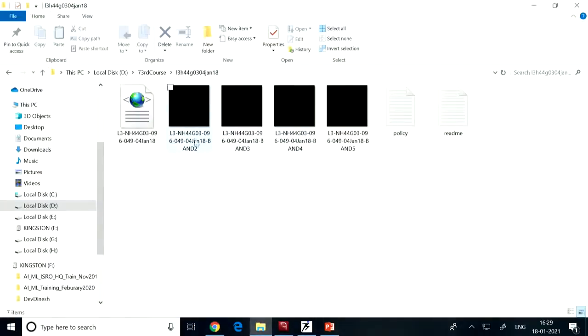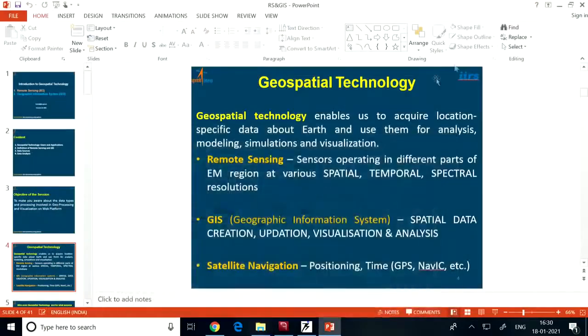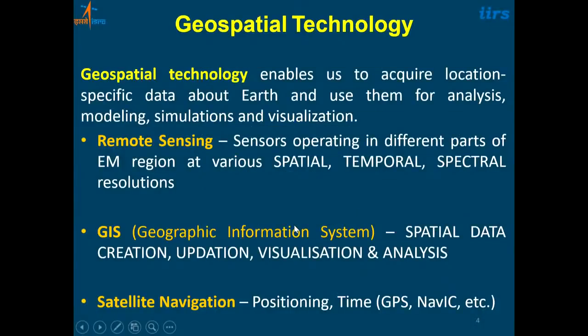Now if you see it here, this is band number 2, this is band number 3, that is the red band, band number 4, that is the infrared band, and band number 5, this is the NIR band. So right now you are not able to see it over here. You have to use some specialized software for visualizing these data sets, or we can say some programming language with some specific libraries, geospatial libraries. You can visualize these data sets with those tools. It can be open source or proprietary software, or you can have a particular programming code also. You can write a code to read these kinds of images.